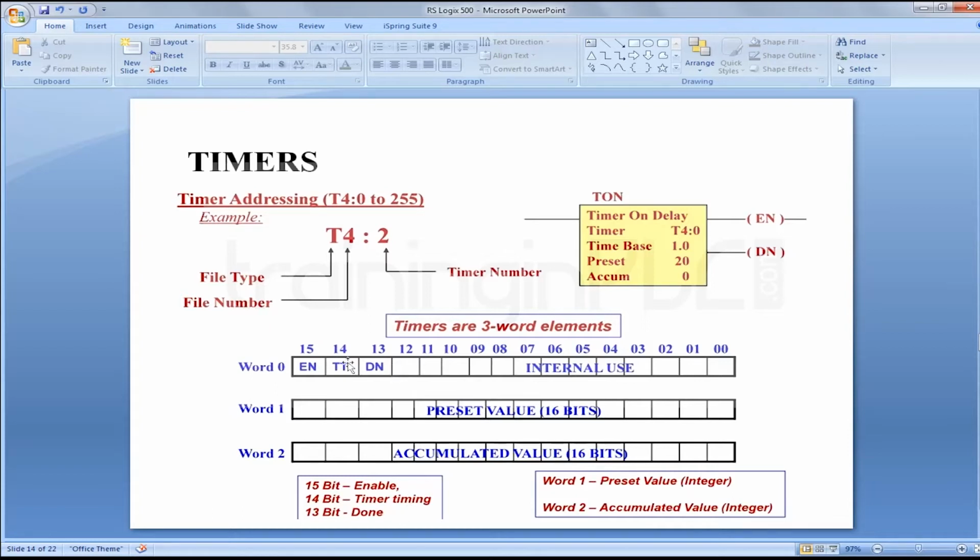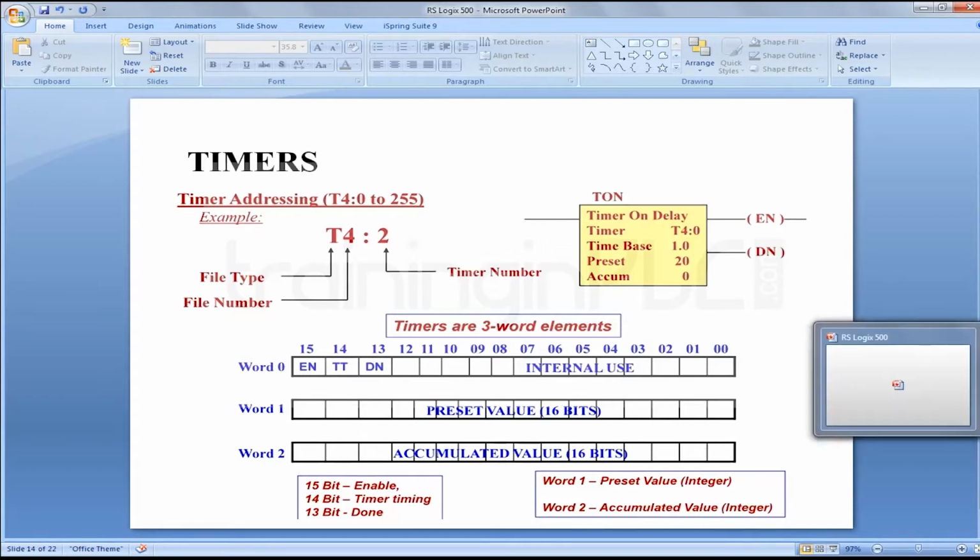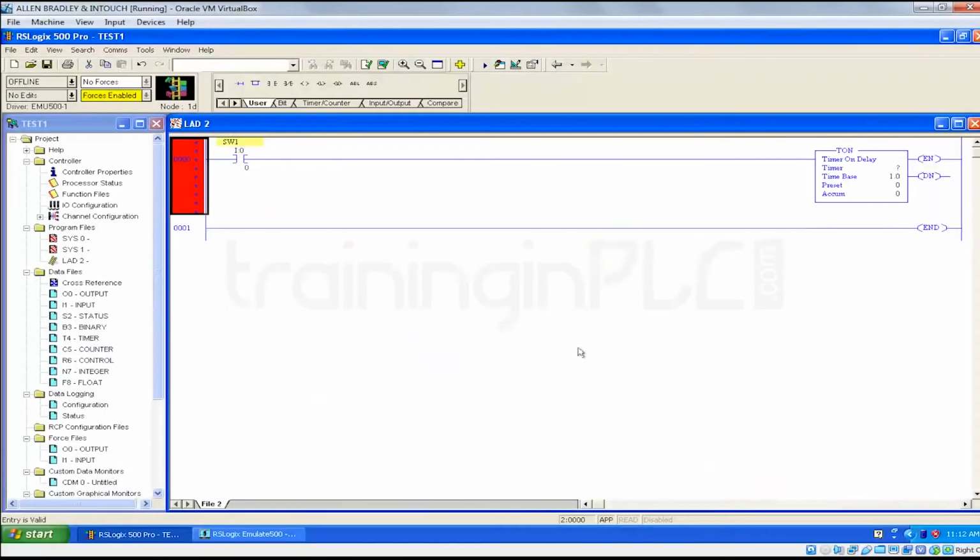The enable bit occupies the last bit of the word, the timer timing bit occupies the 14th bit, and the done bit occupies the 13th bit. The remaining bits are used for internal purposes. I'll explain in the software how to use the enable bit, done bit and timer timing bit. Let's see that in the software.